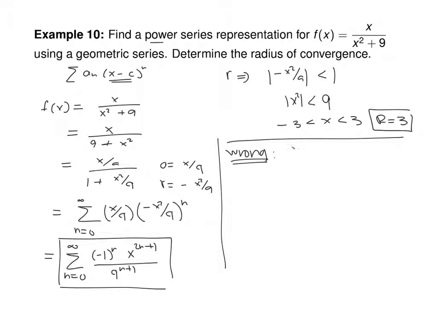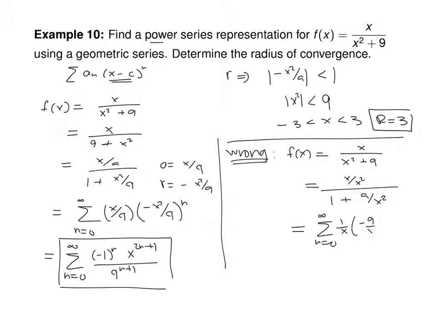So if you do this, instead of flipping it and dividing by 9, if you divide by x squared, so x over x squared over 1 plus 9 over x squared, and you say that's the sum from n equals 0 to infinity of 1 over x times negative 9 over x squared, this is not a